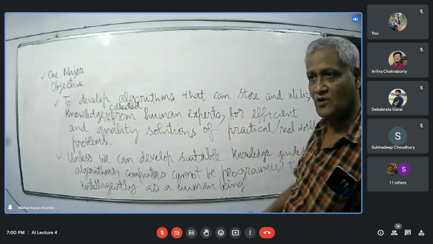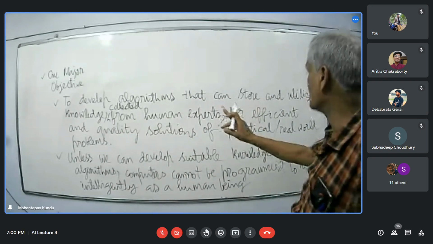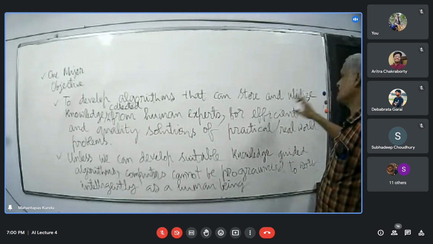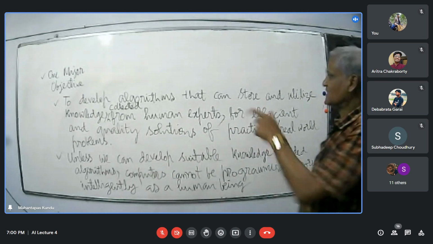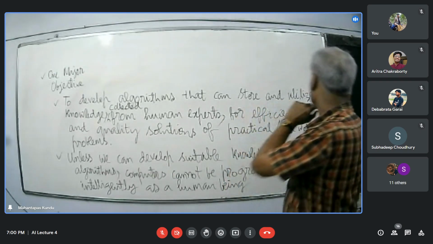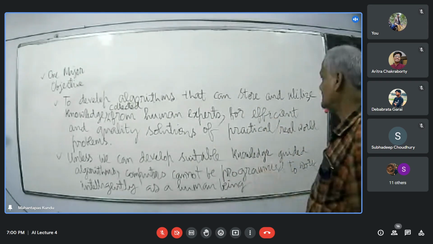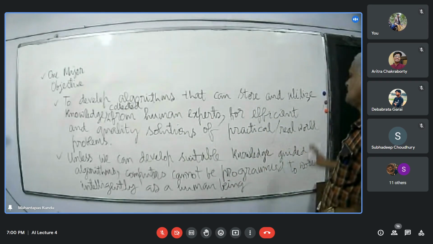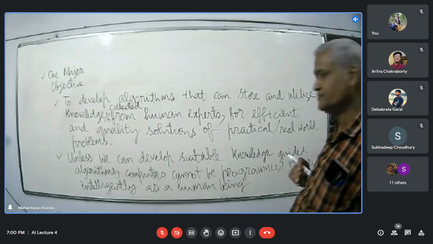So this is our major objective, to develop algorithms that can store and utilize knowledge collected from human experts for efficient and quality solutions of practical real world problems.